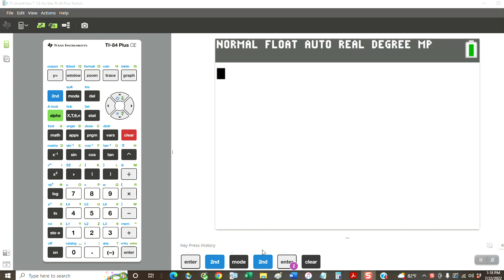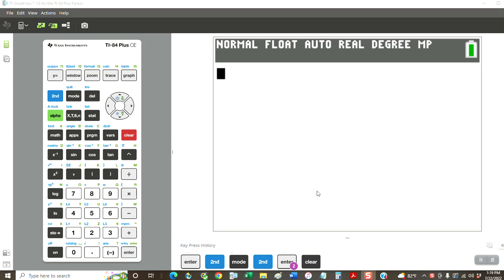Hello, everybody. I'm going to show you how to put all the numbers in and use the right functions using order of operations to evaluate the expression that's embedded in the great application problem involving the cyclical nature of temperatures throughout the year. This is problem number 9 from the sections 6.3, 6.4 MyMathLab homework that's due tonight. You're getting a snapshot of the TI Smart UCE emulator that I have on my computer